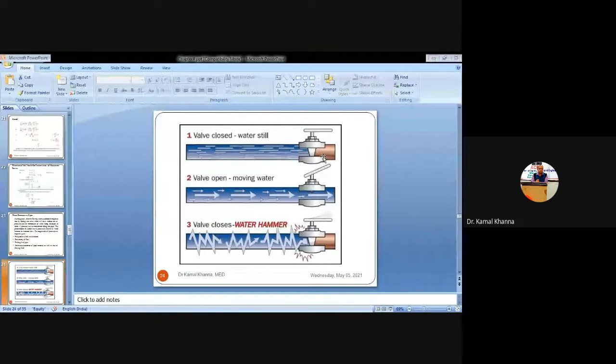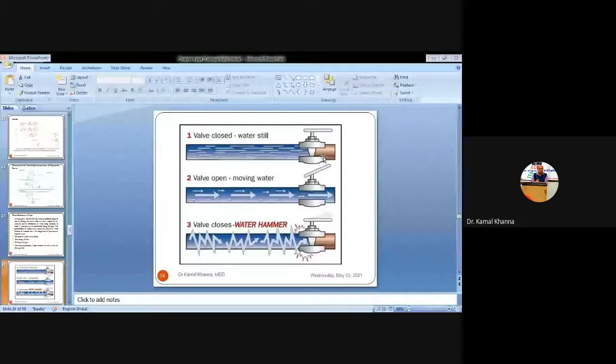That is, if the material of which the pipe has been made is inelastic and its walls are rigid, then the intensity of pressure should not destroy the inner surface of the pipe. But if the inner surface of the pipe has some elastic properties, then it can deform. Then the water hammering can destroy the inner portion of the pipe. It can corrode. It will be more tired as compared to the pipe that is inelastic.